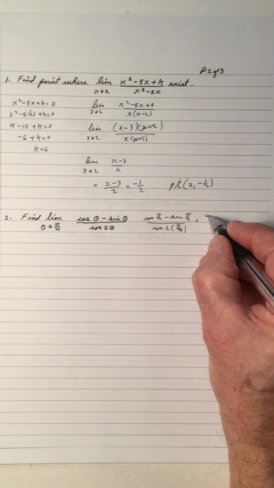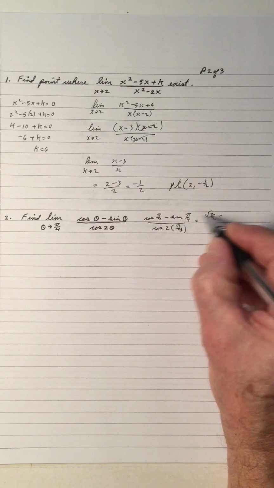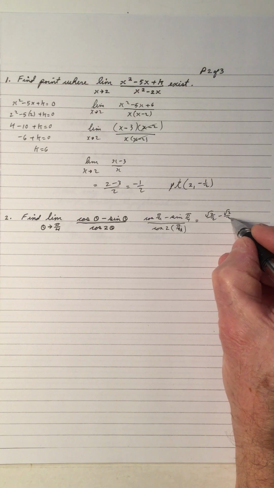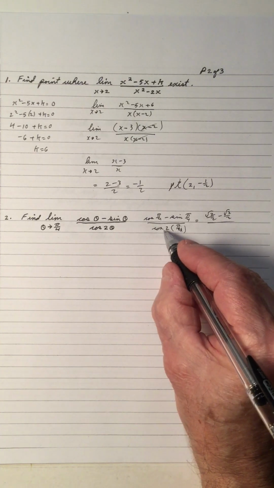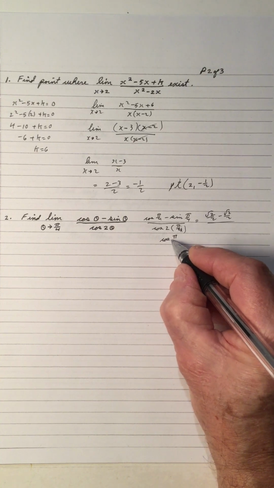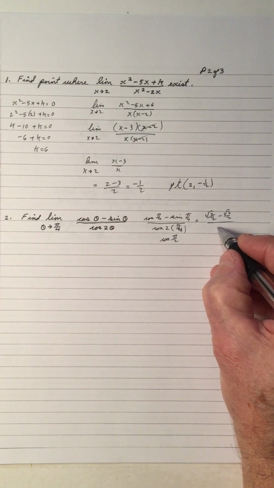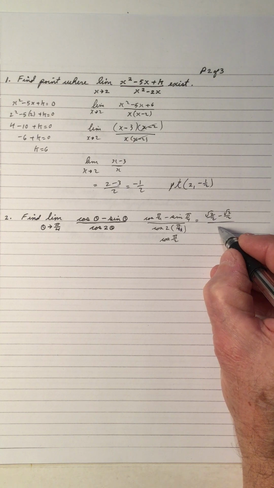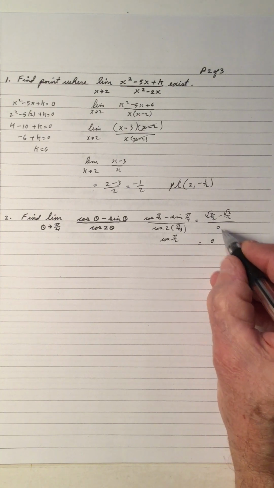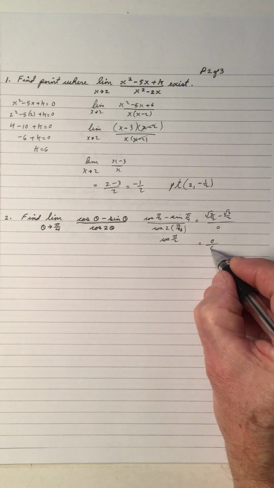The cos of 45 is root 2 over 2. The sine of 45 is root 2 over 2. And that becomes the cos of pi over 2. The cos of 90 degrees is 0. So I have a 0 in the numerator,